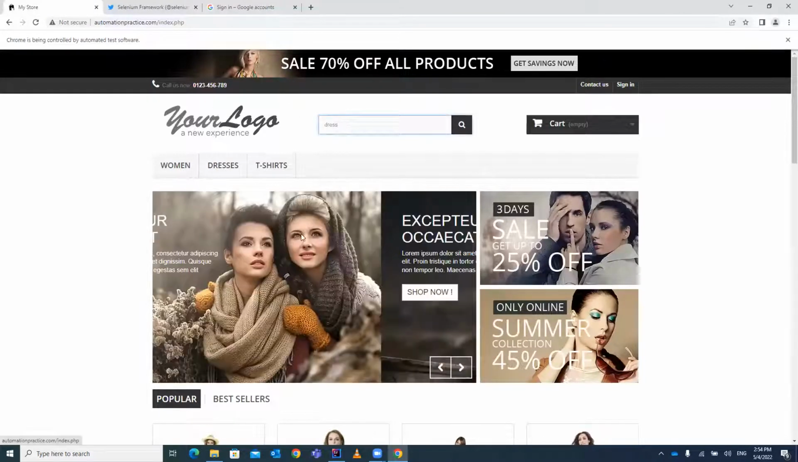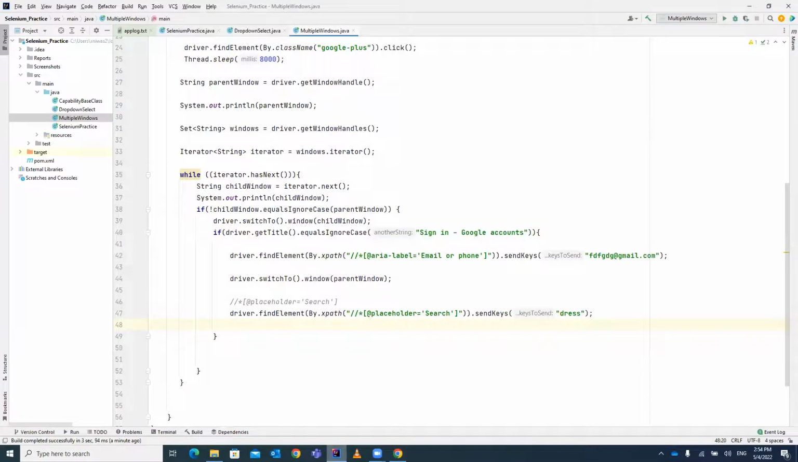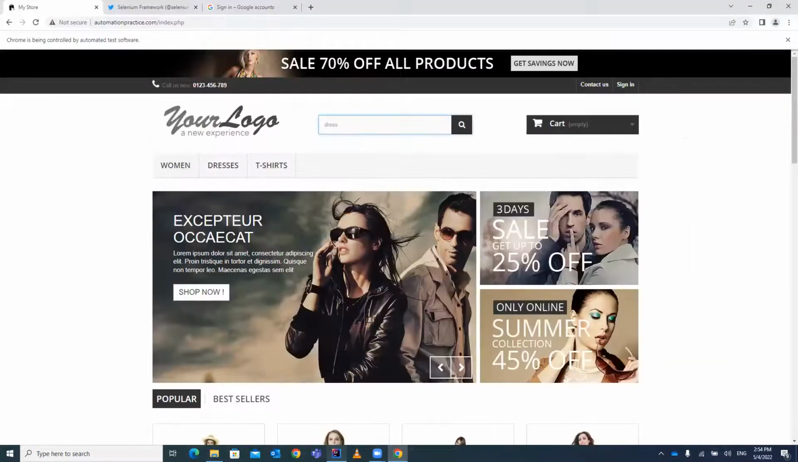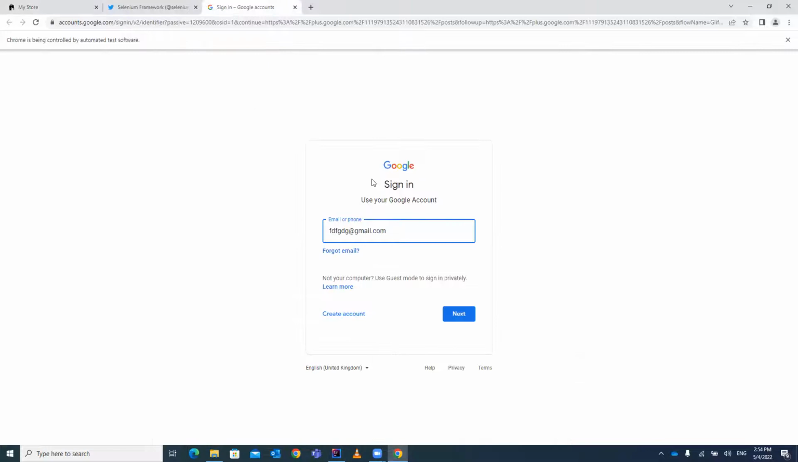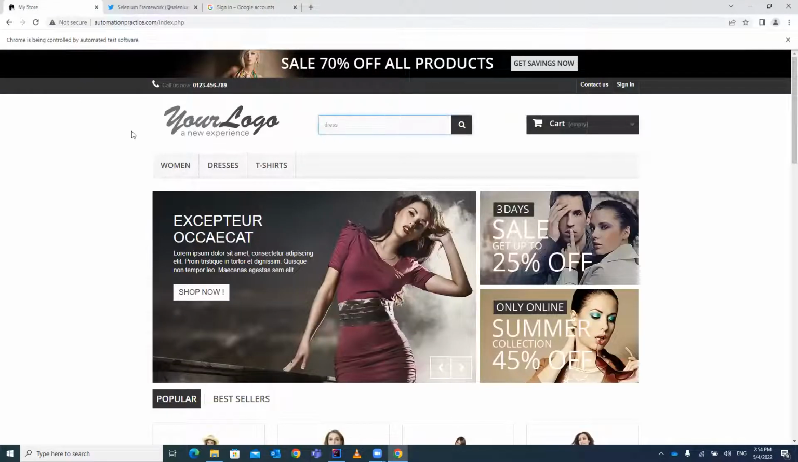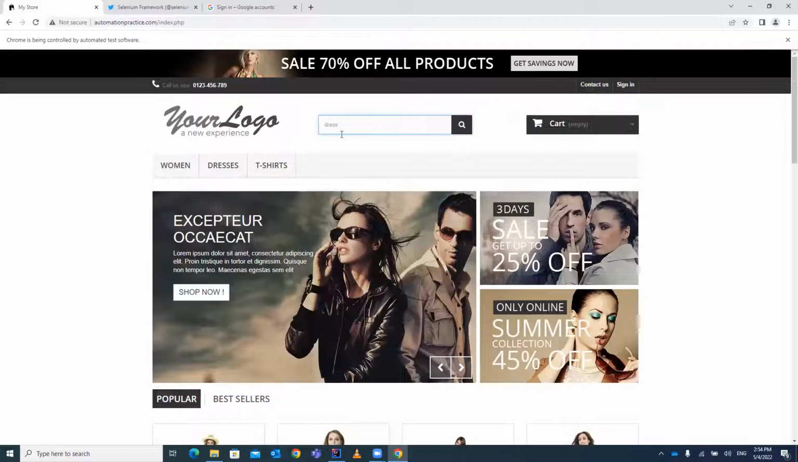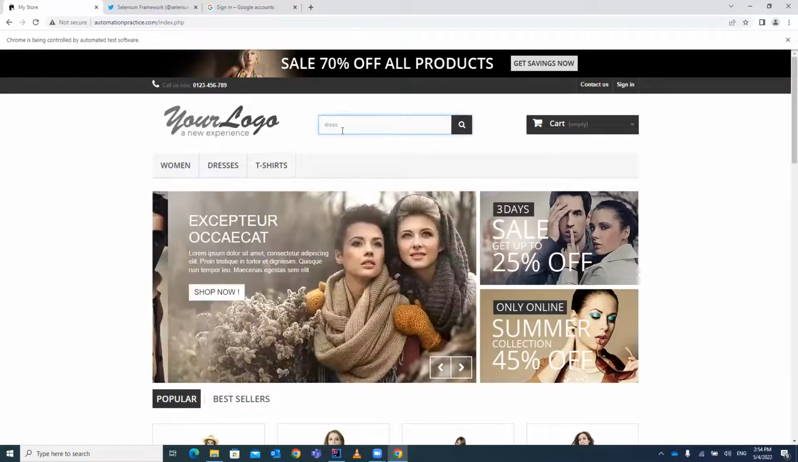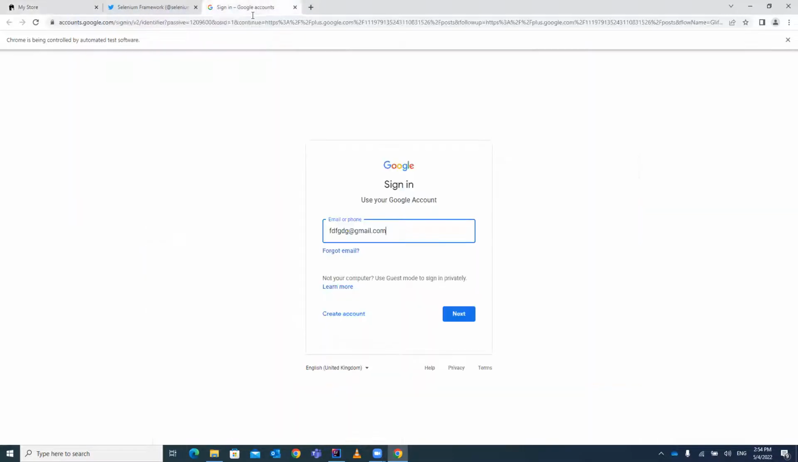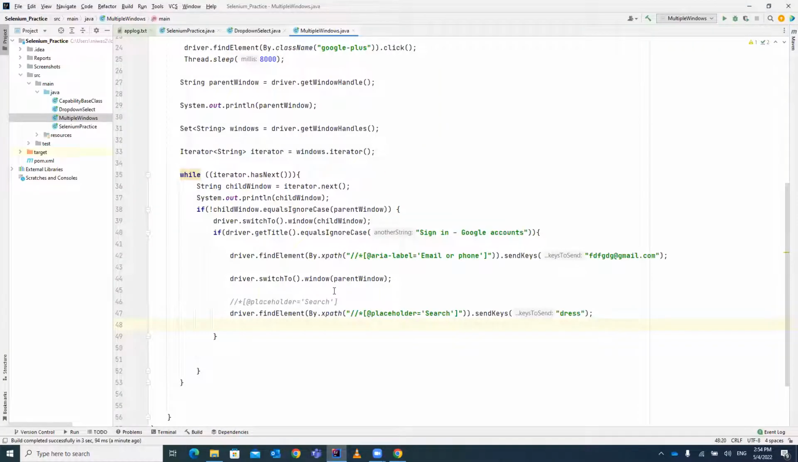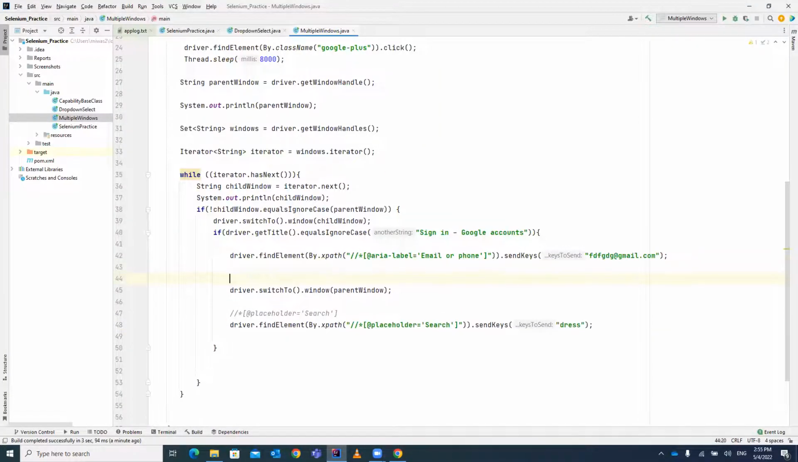Yeah, you can see guys, our test case is completed, and you can see in the sign in page, it has entered the email address, and after that it went to the parent page and it has entered this address in it. So, you can also close this window. For closing this window, you have to use a method that is driver.close. So you can do like